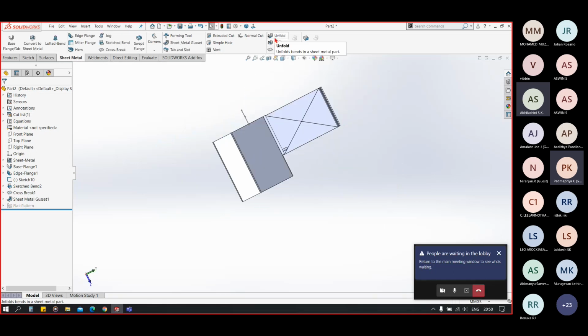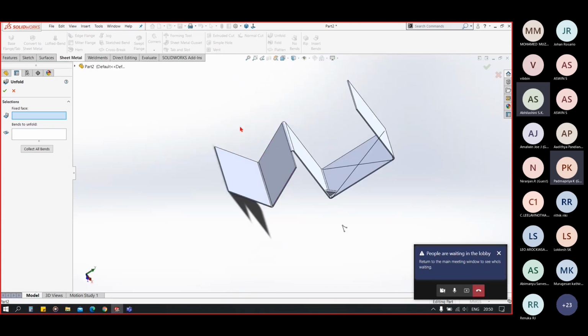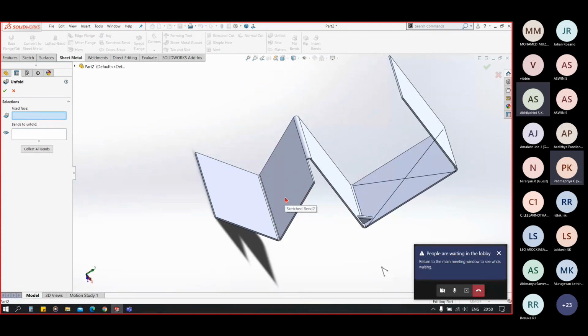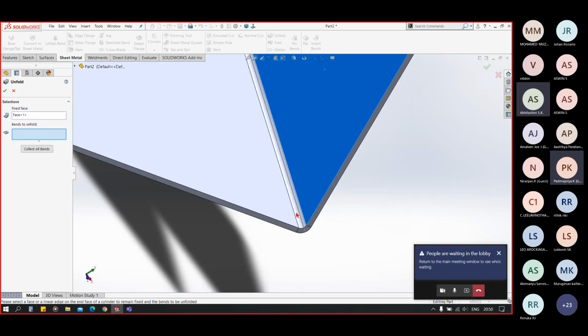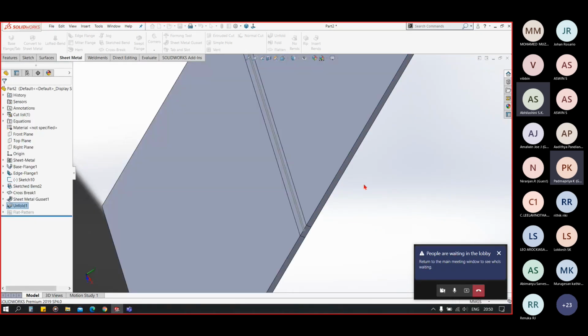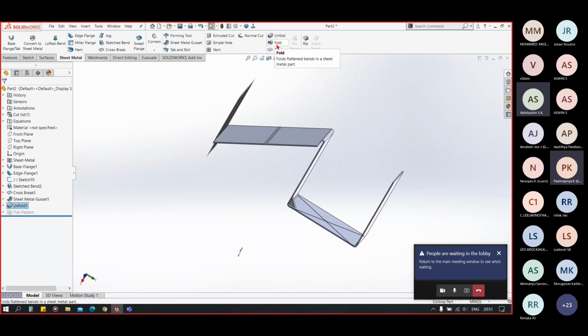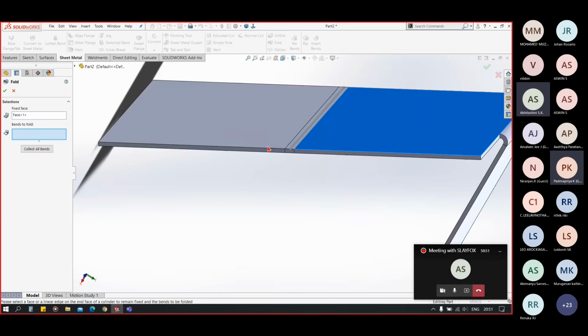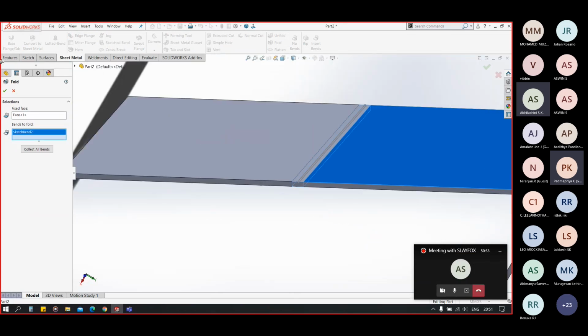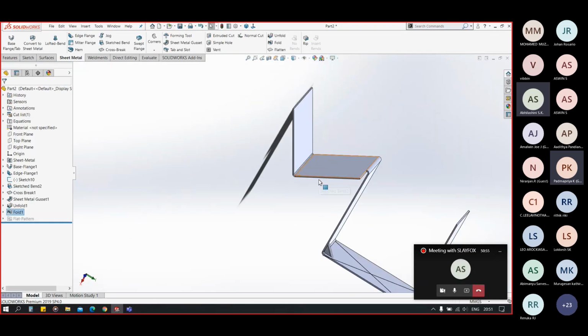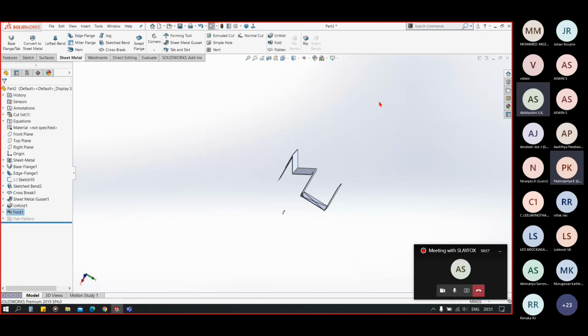And now using unfold, we can unfold our bends by selecting the fixed face and a bend to unfold. Now you can see I have unfolded this bend. Using the fold, we have to select the bends to fold and click on OK, and it will rebend that face.